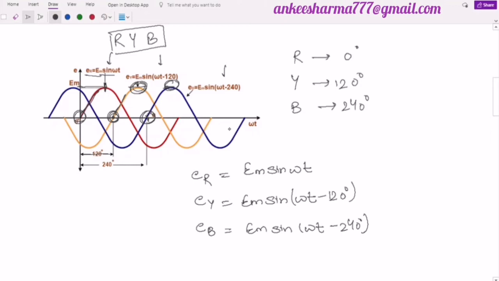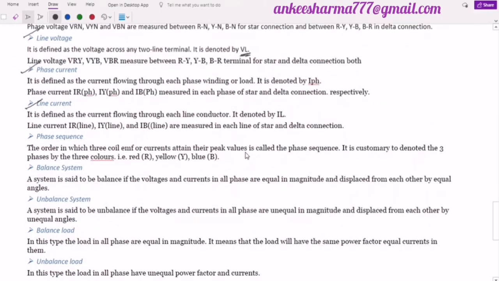You can't say that blue has achieved its maximum voltage. No, this is wrong. Blue is only achieving its maximum voltage at this point, and yellow is at this point, and red is this point. So if I arrange which is coming first, first is red, then yellow, and the third one is the blue. So the phase sequence over here is R, Y, and